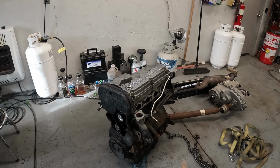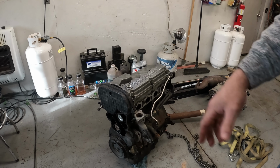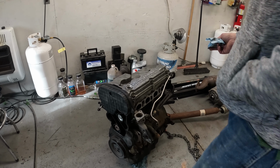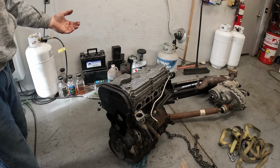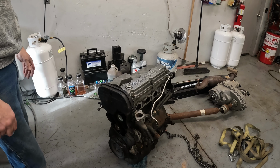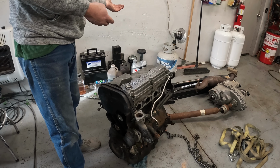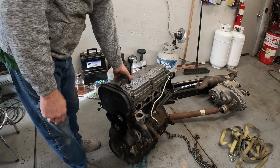Hello. So, this is the engine from the last blue car that I did that had a dead cylinder. So we're going to do a teardown of the engine. Basically, I'm just going to be removing the head and taking stuff off the front. We're not going to get too picky as far as that goes. We're not tearing down the bottom end because right now, well, we don't need to. So we're just going to see if we can find anything that was bad or caused our issue